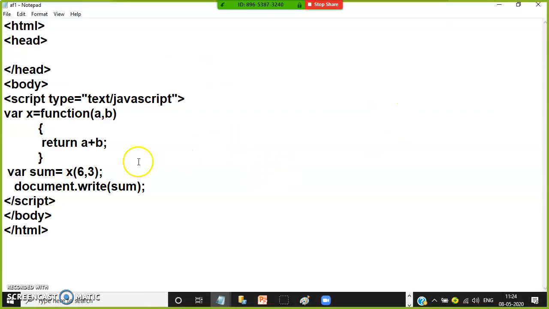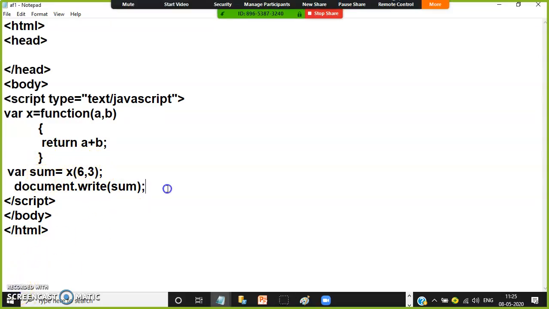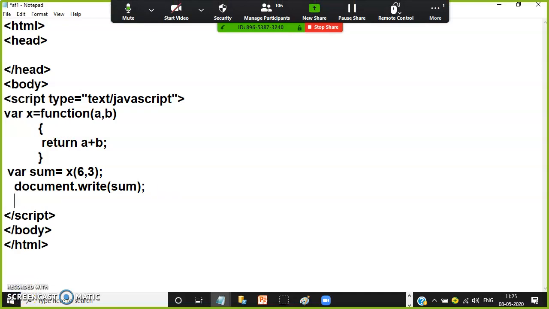So what I'm telling here is, if the function returns any value, then at the time of calling the function, we have to store the result of the function in one variable. Here we are calling the function. At the time of calling the function, the result of the function we are storing in one variable, and then we are printing that variable. Here one student is asking one doubt: sir, can I directly print x? Yes, I will write something like this.